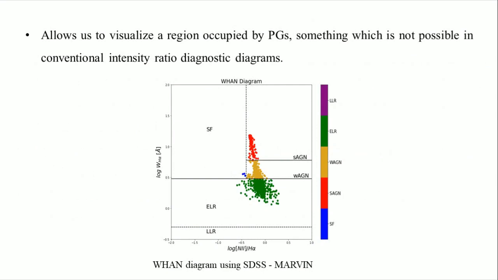So this is the Venn diagram. This is different from the Venn map that you plotted in the module, which was a spatially resolved Venn map. This is one diagram where each point that you see in the plot is one galaxy, so you're classifying the galaxy as a whole into these classes. It is different from the IFU one map because there you're classifying each pixel into these emission line classes.